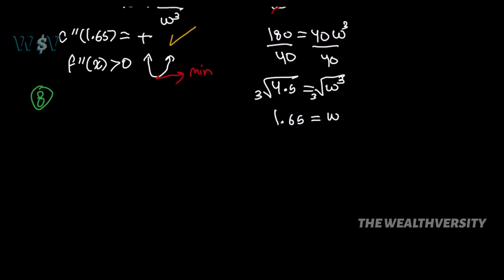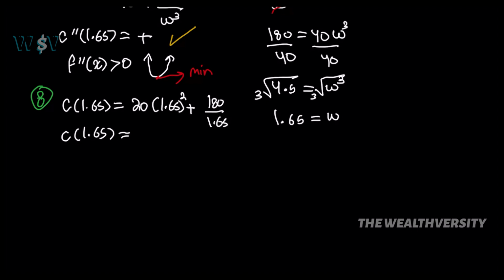However, the question asks for the cheapest cost, not the dimensions that give the cheapest cost. So we will sub our dimensions into the original cost function before differentiating it to find the cheapest cost. We will use the most simplified one and sub in 1.65 into the equation. You can also use the one that includes the length and height, but they will all give you the same answer, so use the one in the simplest form unless asked otherwise. We get that the cheapest cost possible is approximately